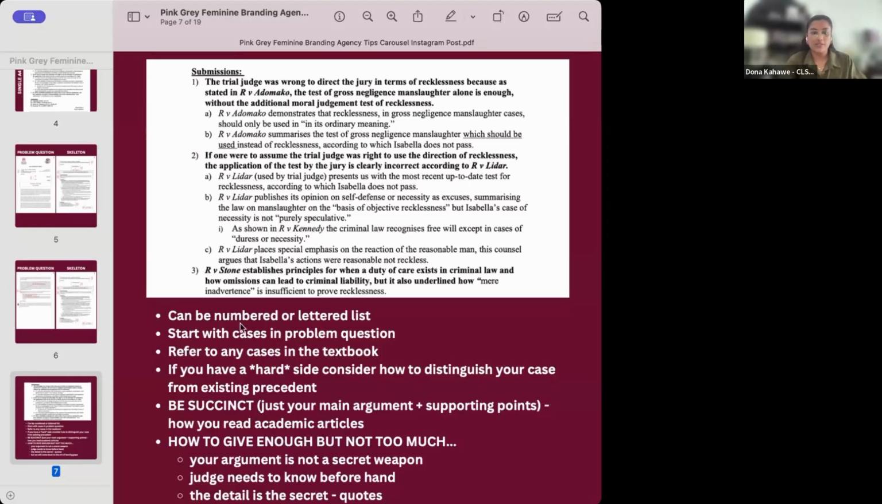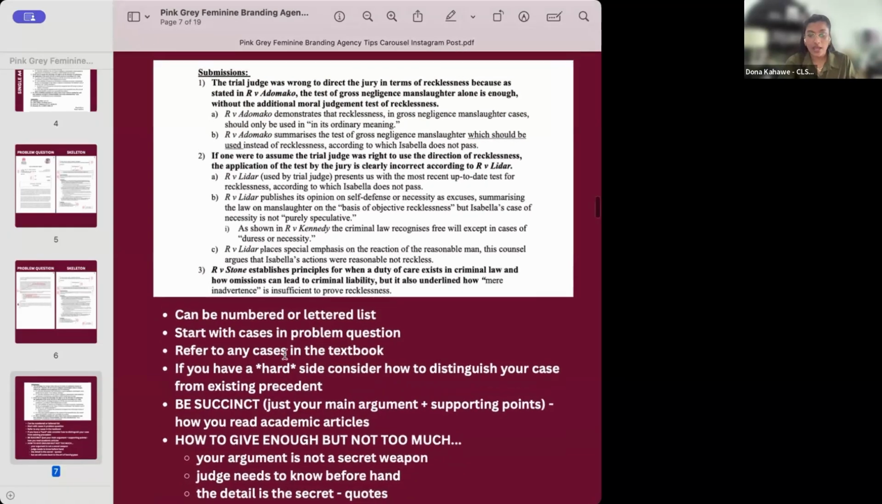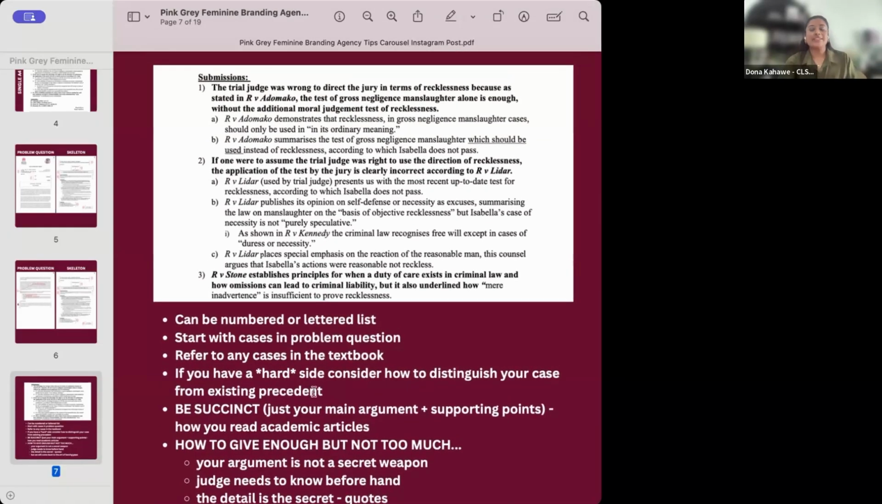And again, I said, start with the cases in the problem question, refer to the cases in the textbook. And this is where it gets a little bit tricky. But me and Sushant have looked over your moot problems for this year, and we've critically analysed them to make sure both sides are equal in weighting. So none of you should get a side that is particularly hard or